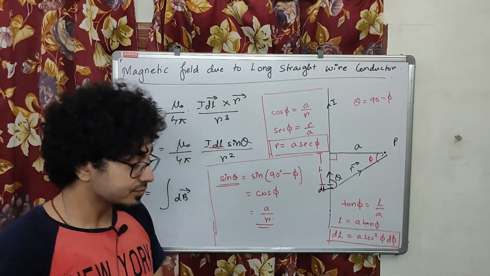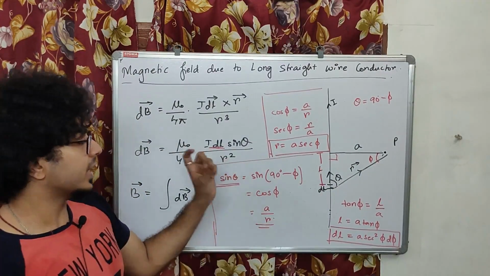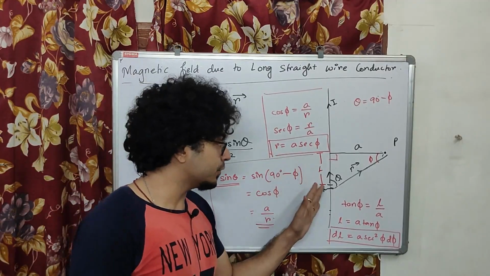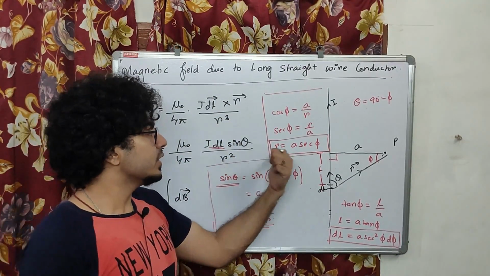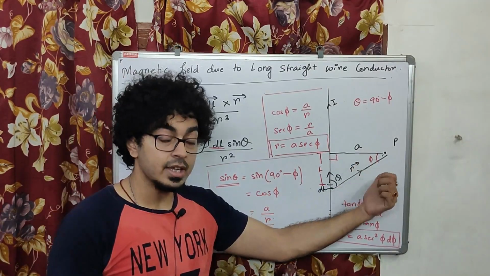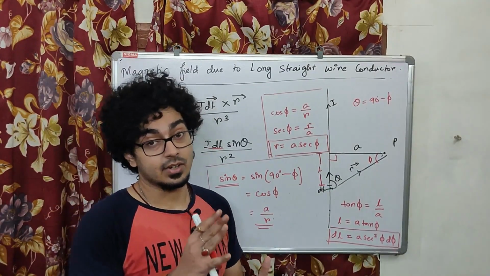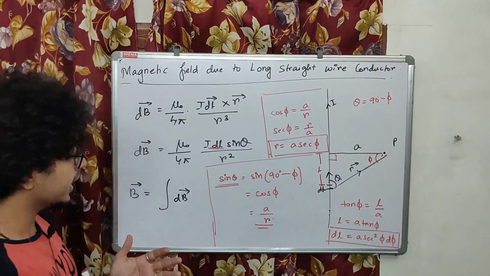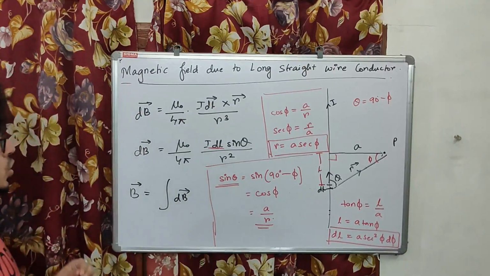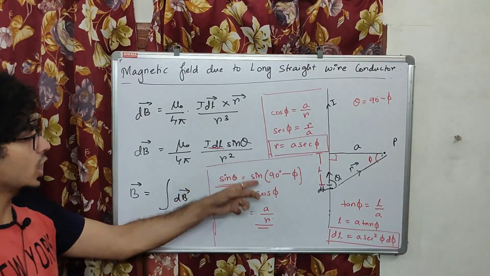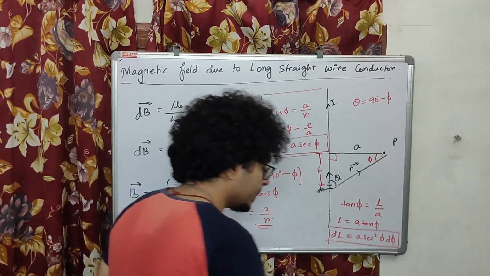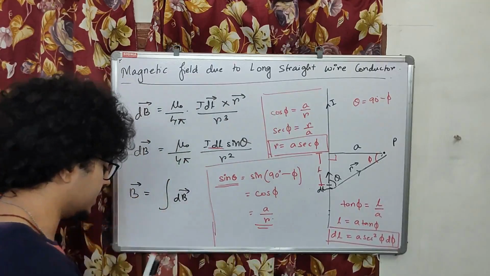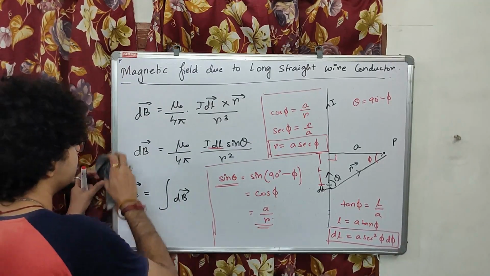Are you getting it? This is the very important step that I have to take. I have to substitute all this using another variable phi, which are connected in a right equation. Got it clear? So now what I have to do is place all this in place of dB. Now I am going to integrate. So let me do it. This now becomes very easy.